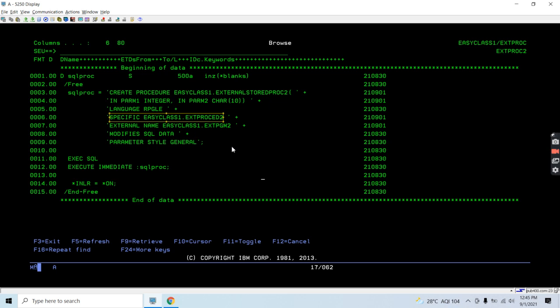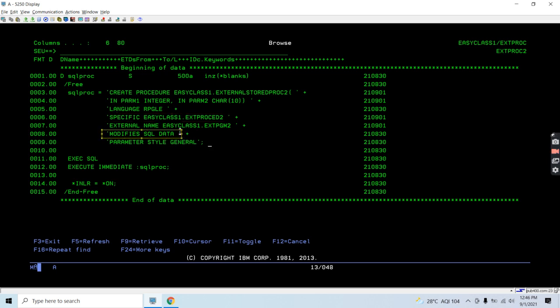I use this because if any other stored procedure with this name exists in the schema in which I'm going to create the stored procedure, it won't allow us to use this specific name. So the specific name must be different for every stored procedure so that we can differentiate between the stored procedures.